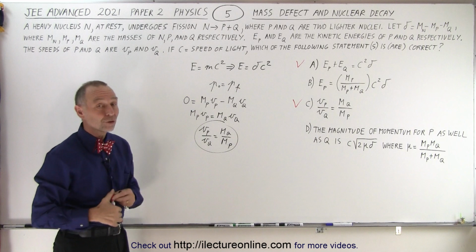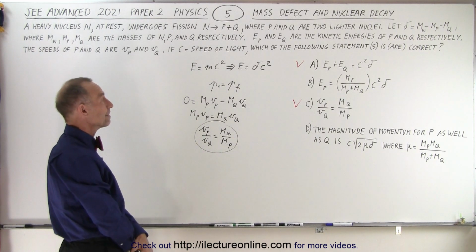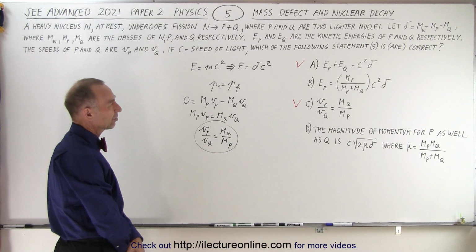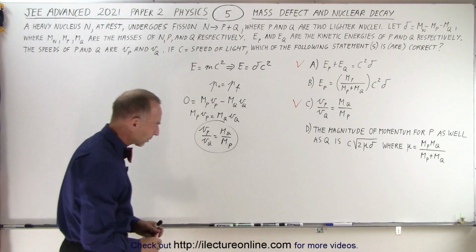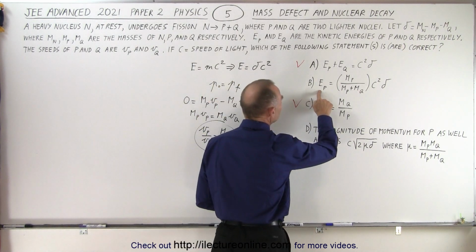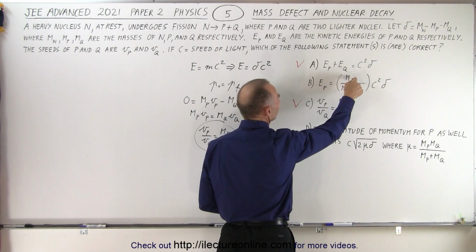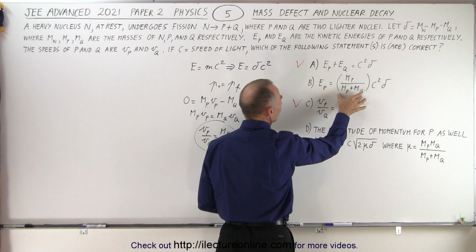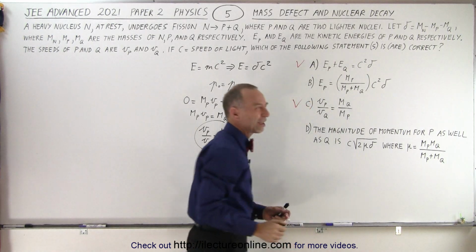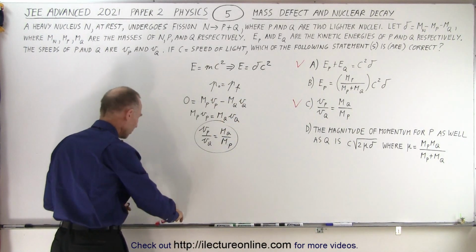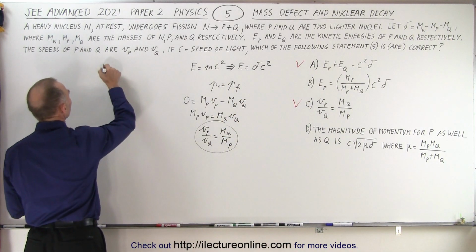All right, now for the 2 more difficult ones, B and D. What about B? Can we just kind of look at that and say if that's true or not? Well, notice what they're claiming here, that the energy is equal to the ratio of the mass of the particle divided by the total mass. So as a fraction of the total mass, but that wouldn't be the case, because remember that kinetic energy, by